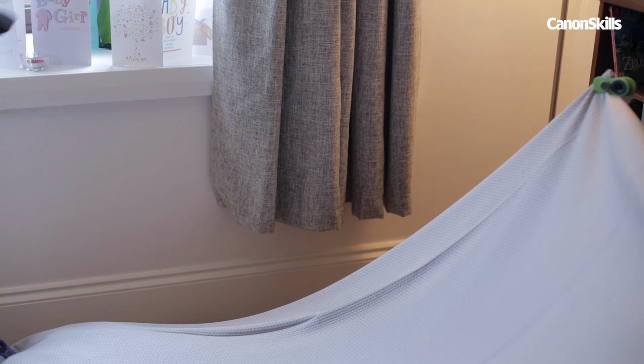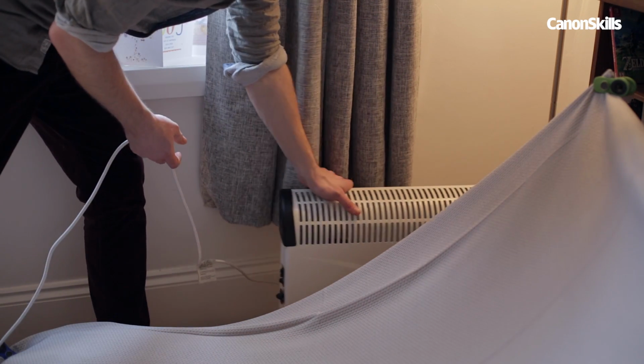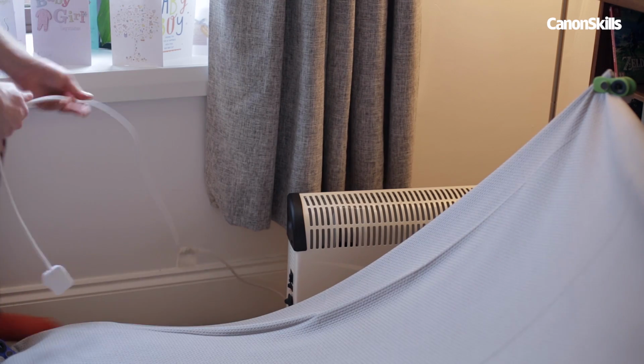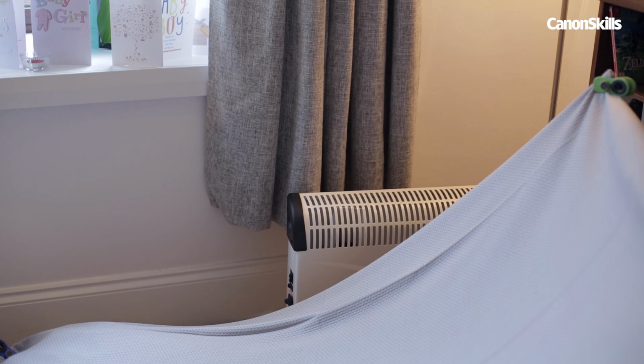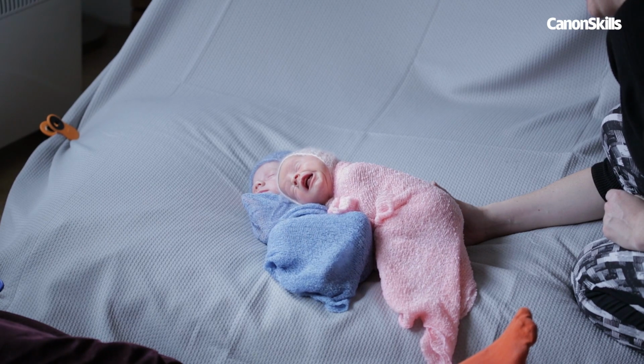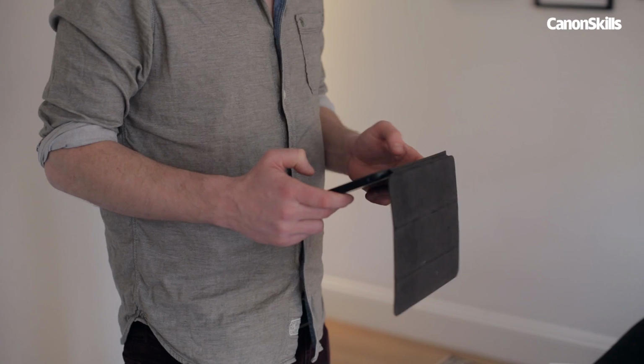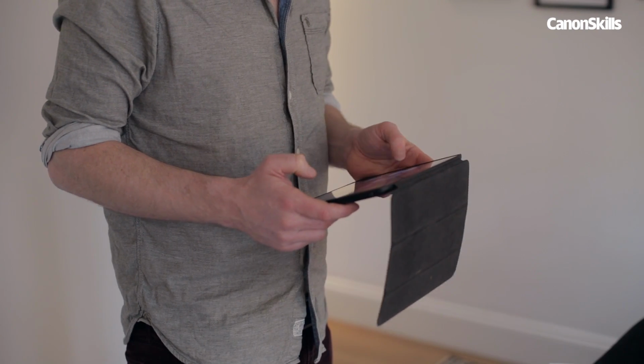studio. If we want comfortable babies, we also need to think about the temperature. It should be warm enough so that I only need a light shirt. I've brought along a portable heater just in case. Newborns spend most of their time asleep, which is what we want for our shoot. But all the commotion might disturb them, so I've also got a white noise track that I'm going to play